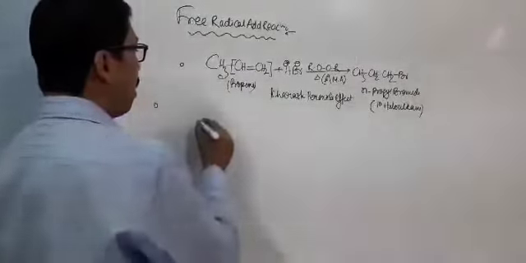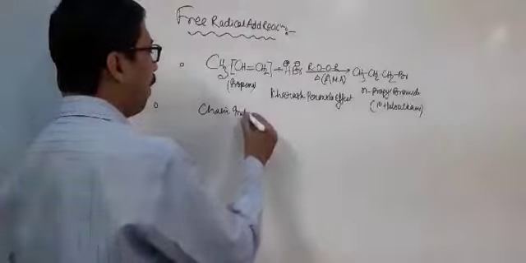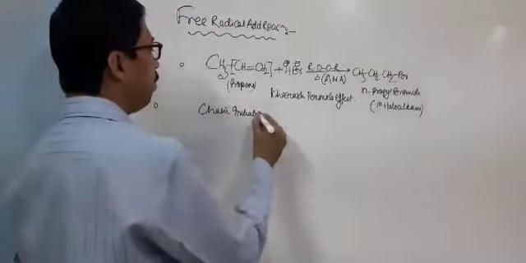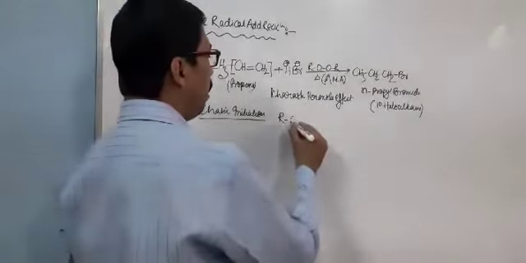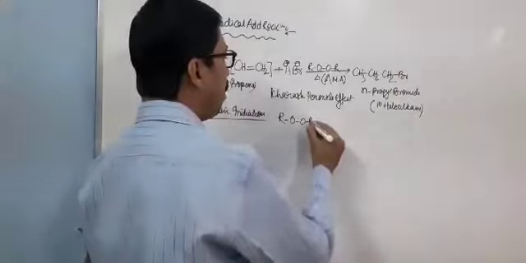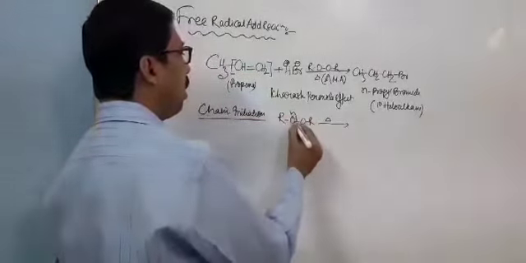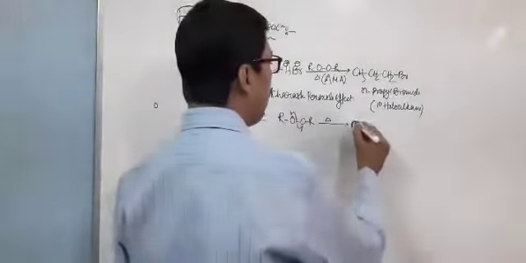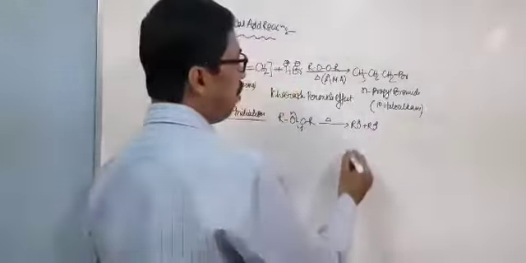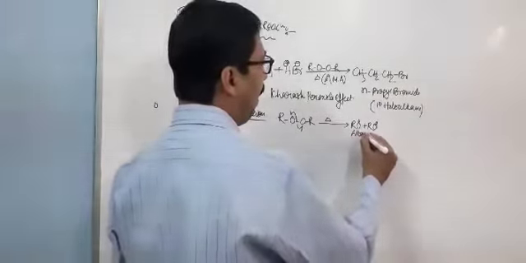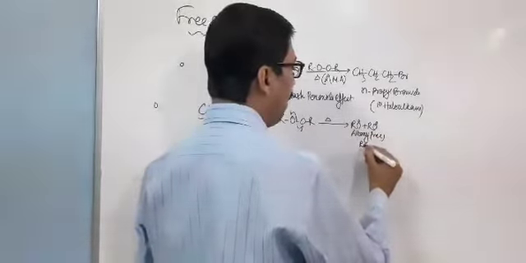The first step is chain initiation. Now let's see how the free radicals are generated. At first we have to consider peroxide, and on heating homolytic bond cleavage occurs, and alkoxy free radical is generated,